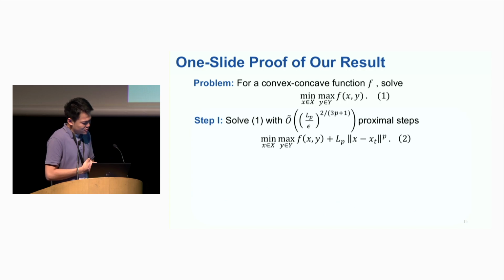Okay, so we are using something that is like a catalyst. If you know catalyst from finite sum optimization, basically instead of solving the original problem, we add a regularizer such that the problem becomes smoother. Okay, so we have a triple loop, and that is because we first add a regularizer to the variable x,